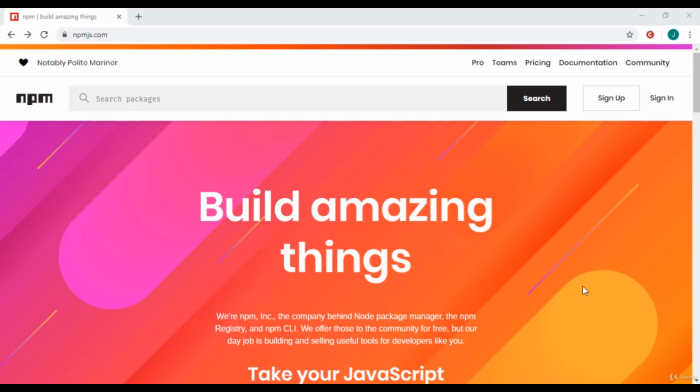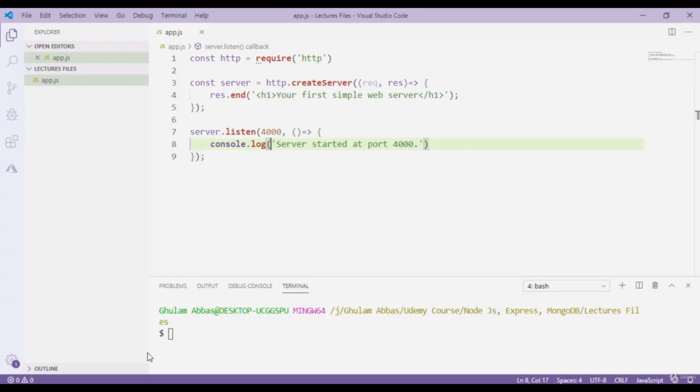And one more thing that I want to tell you is something called npm init. Let's see how we can use npm init. If I go to my Visual Studio Code, npm init generates a file called package.json. Okay, so package.json is some type of configuration file that holds some data of the application. Okay, so without wasting our time, let's simply type here npm init. Okay, when I press enter,